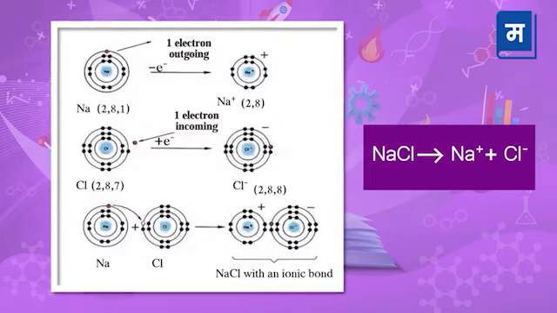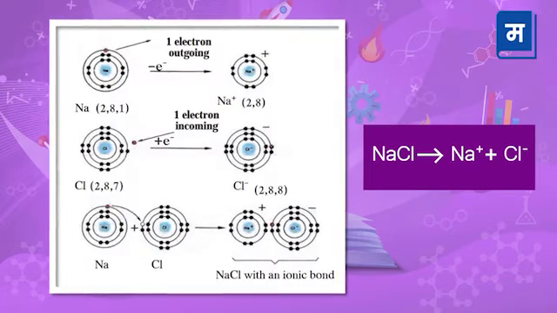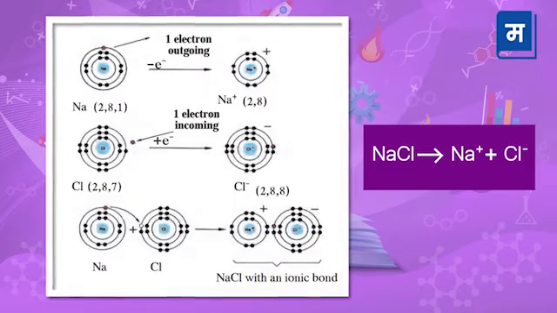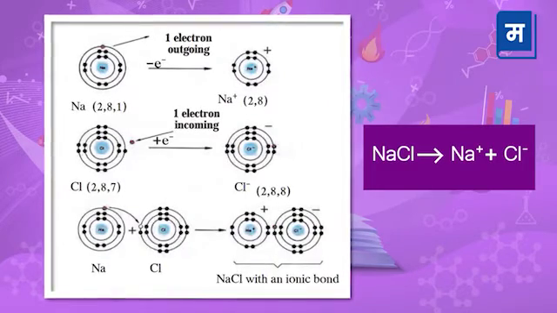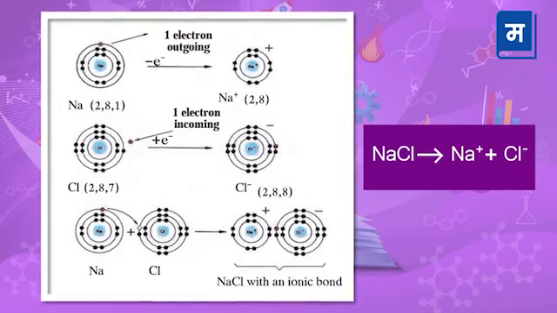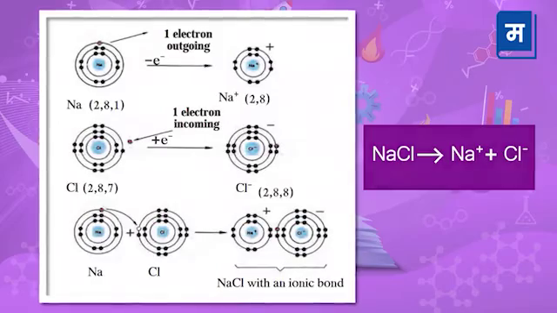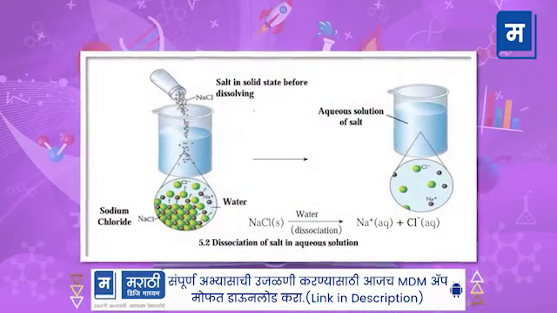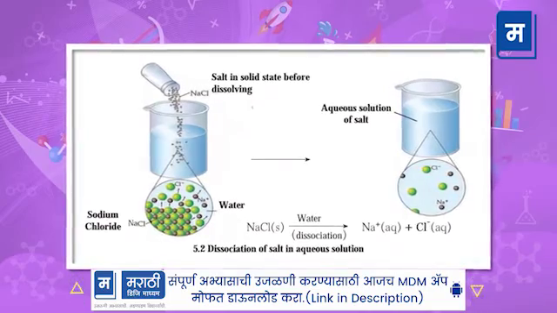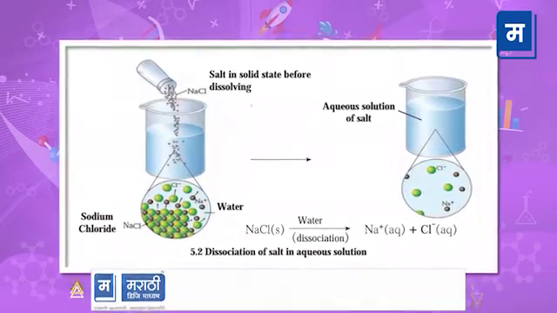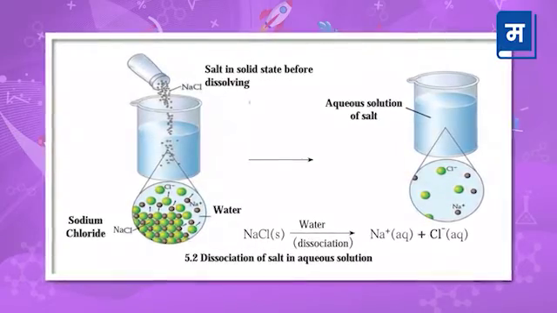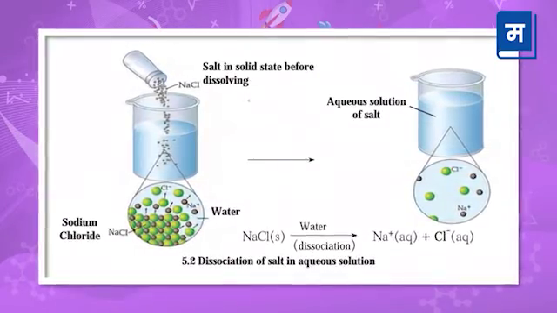See, when an ionic compound like NaCl dissolves in water, the water molecules penetrate between the ions of the compound and separate them from each other. That is, ionic compounds dissociate during aqueous dissolution and the NaCl crystals gradually disappear. See the figure. Each ion that is dissolved in the solution is surrounded by water particles on all sides. To show this, in brackets, aq is written to the right of each ion, meaning aqueous.